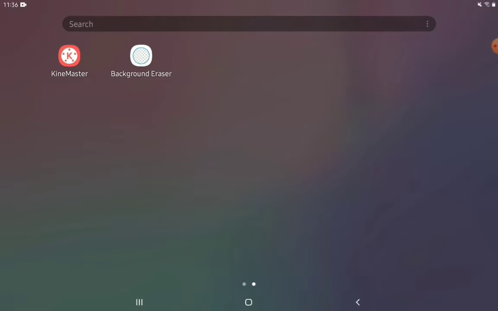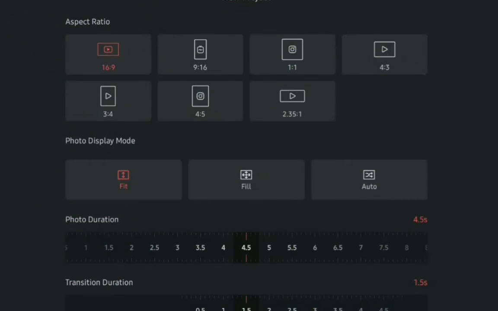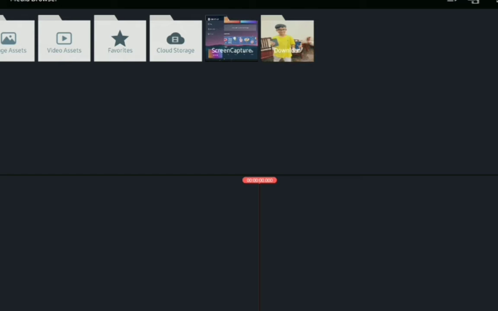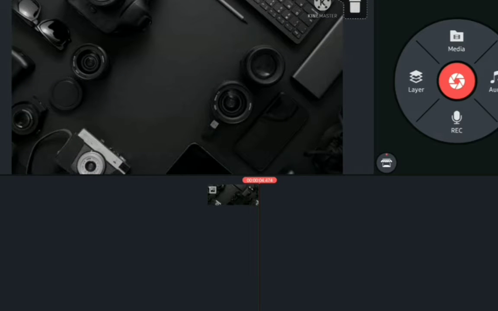So first we'll open KineMaster because we want to add the background of our video first. Here we just click on create new and then go next. Now in my video there will be some more media in your storage. Right now the storage is really less, so I have just added 2 to 3 images. If there are more screenshots, they will be added, so there's nothing to worry about in this. Then I just click on download because my picture is over here. So this is my background.